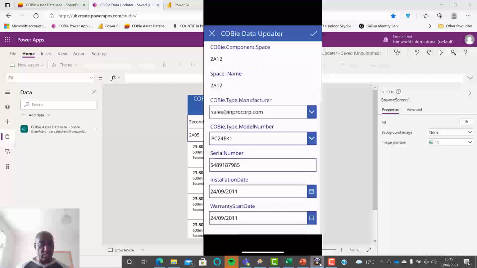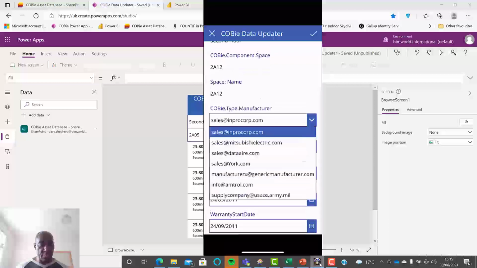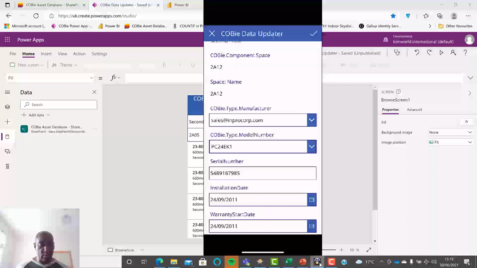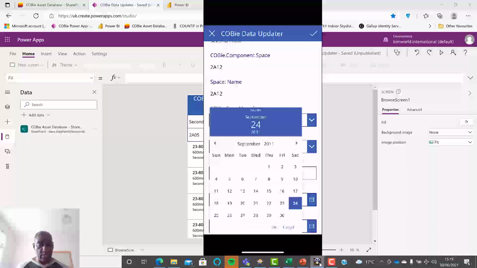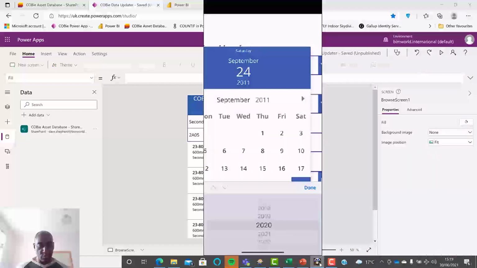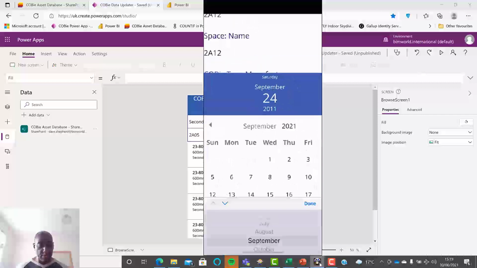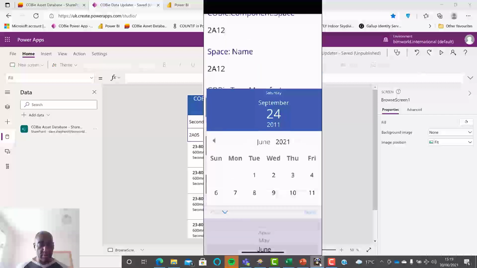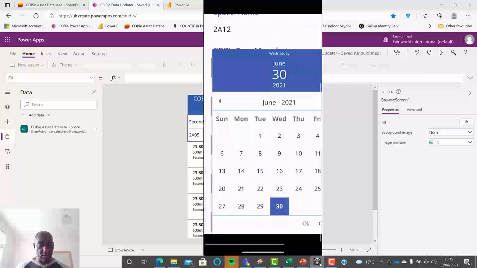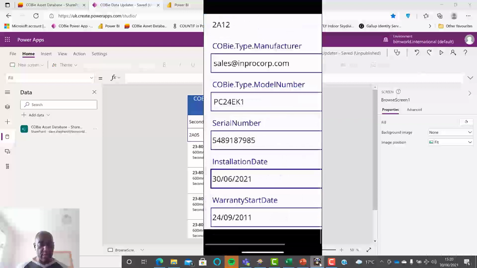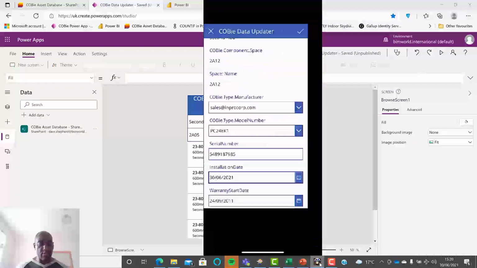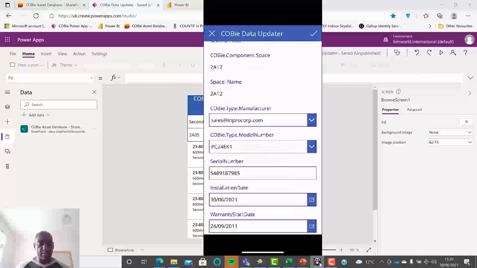So you can see I can change the manufacturer. I can change the type of model number. Let's do something like changing the date on this particular item. So I can quite easily scroll through to 2021 and then perhaps look at date being June and scroll down to the 30th. Click on OK, and you can see that that's the date information that's gone in, and I can accept that